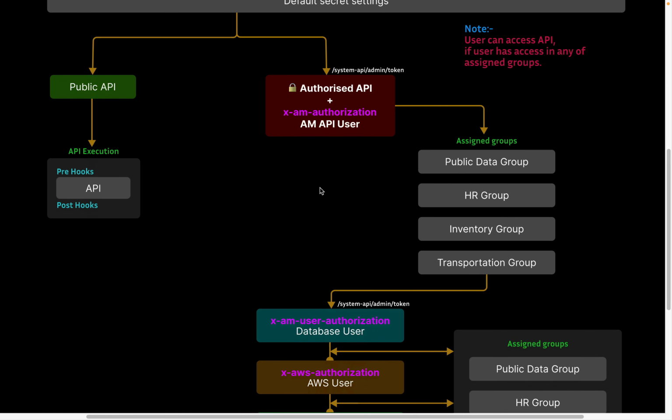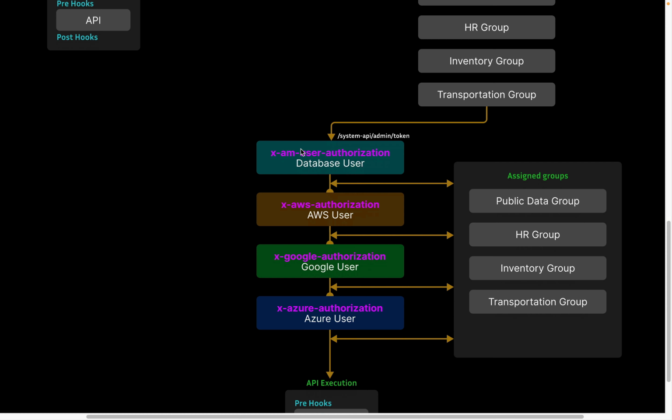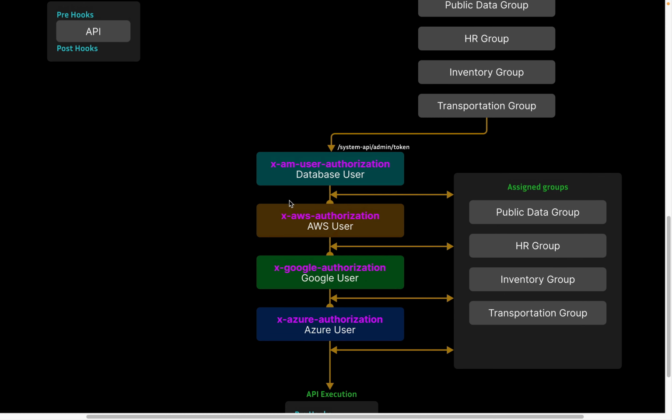Now with that, we can also provide other authorization. We can provide database level authorization, AWS user, Google user and Azure user. And we can also provide all of them if we want. Now when database user authorization is provided,